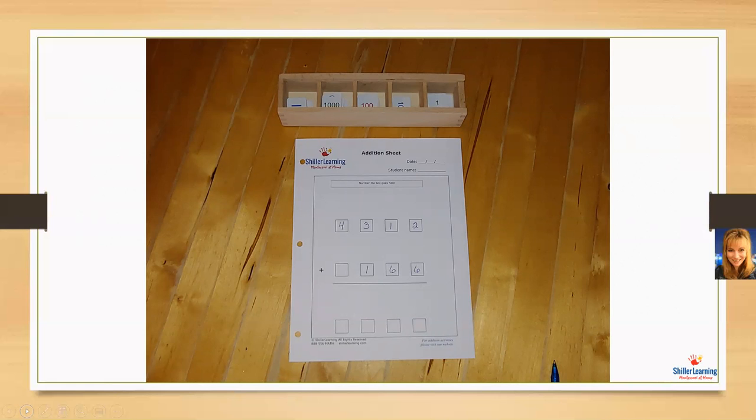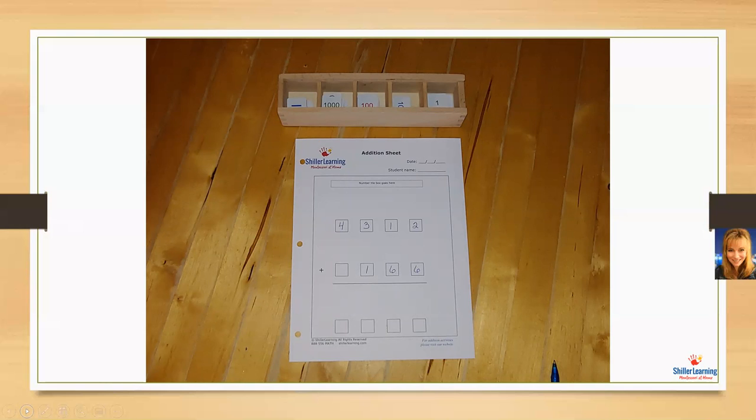showing the child, this is an addition sheet. The addition sheet helps us add numbers using number tiles. Then we're going to lay that number tile box out with that, and we're going to start with a simple addition problem that requires no exchange. For example, 4,312 plus